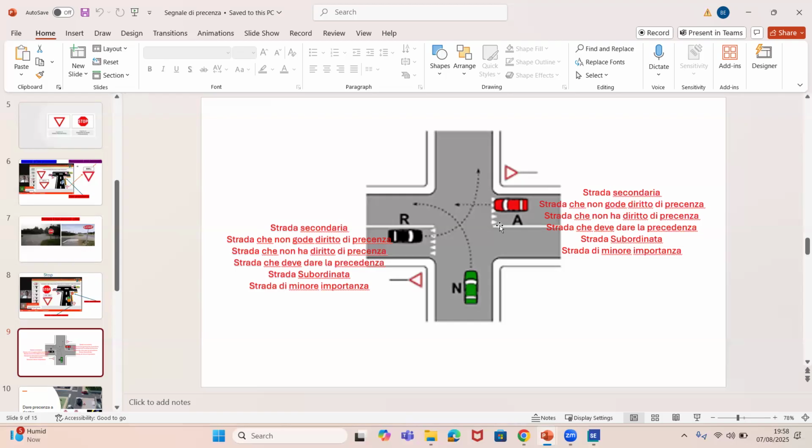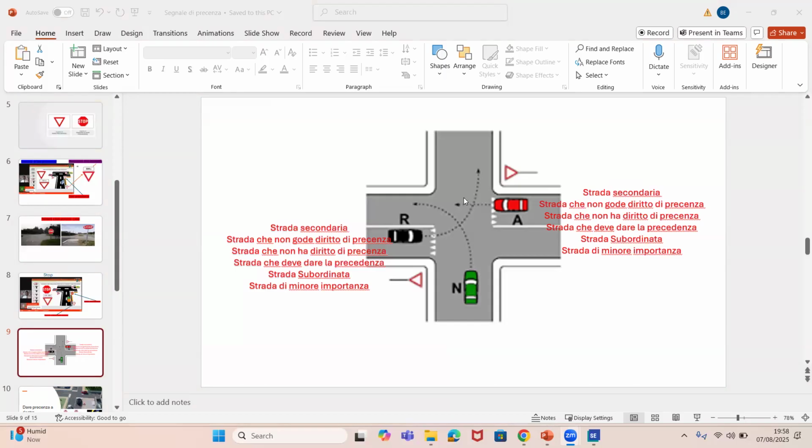Strada secondaria. I believe many of you must have seen that phrase, strada secondaria. Whenever you are doing the quiz and you hear the words strada secondaria, automatically know that it simply means a road that will give way to the main road. Is it clear now? What am I doing? Are you guys following me? Please, this lesson is very important. Everybody on this arrow and this A, they call them what? Strada secondaria, because you have to give way to other people.